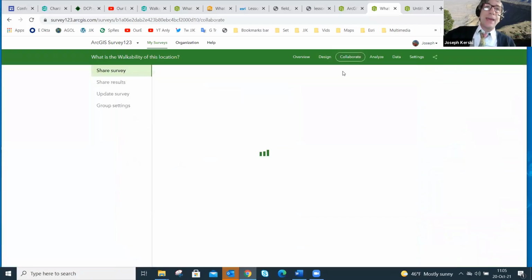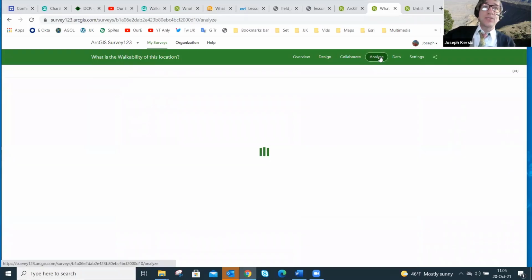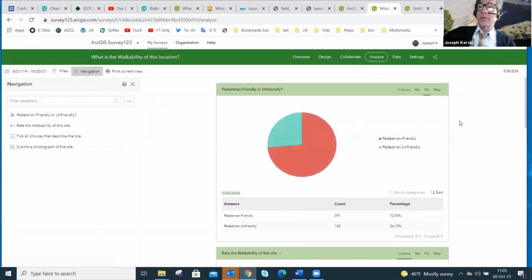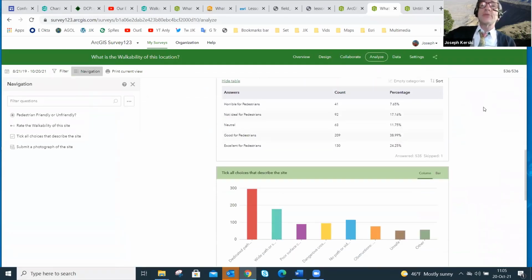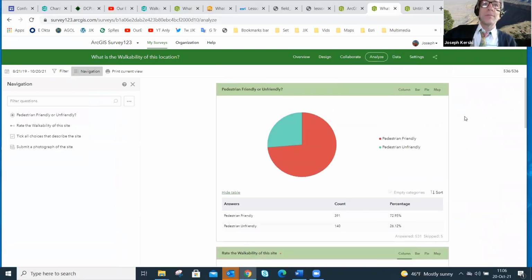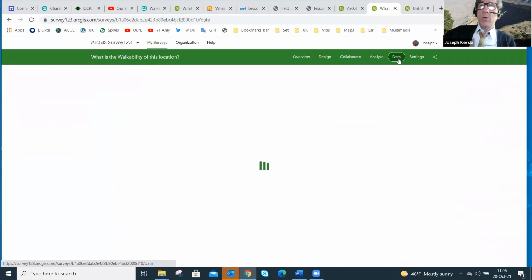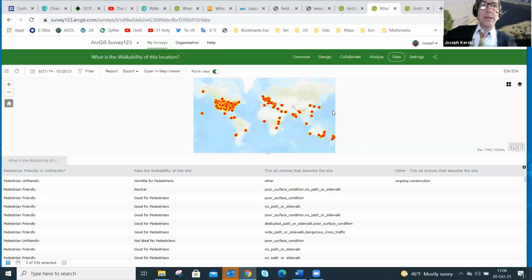And now, since this one has actual data points in it, I can show you what the analysis tab looks like in here. You can see here that, again, you're not going to get tons of analytics, but at least enough. And you can also export into an Excel spreadsheet at this point if you want to. Okay, so then let's have a preview of what it looks like on a web map inside ArcGIS Online.